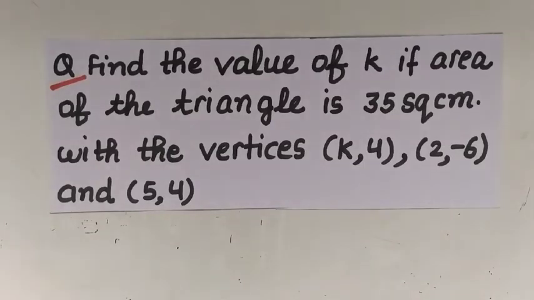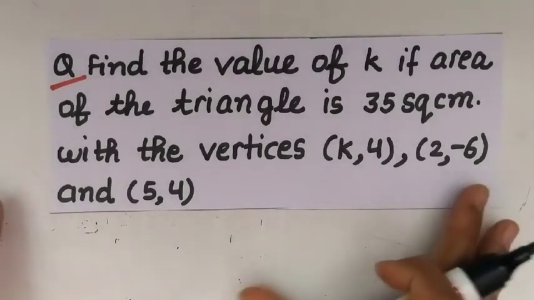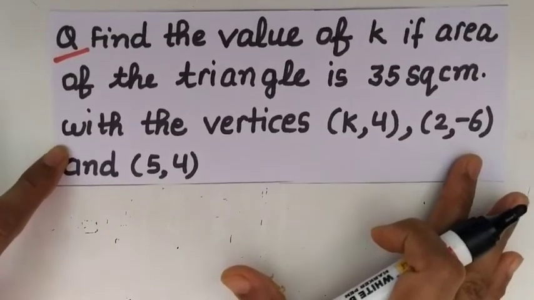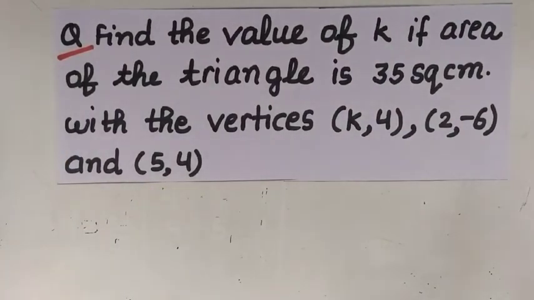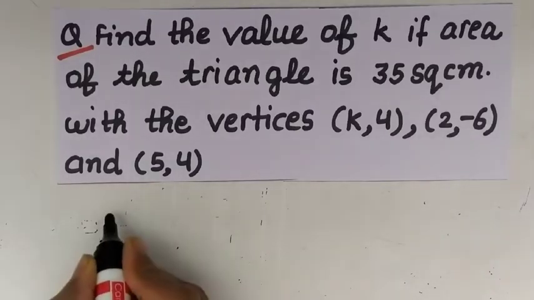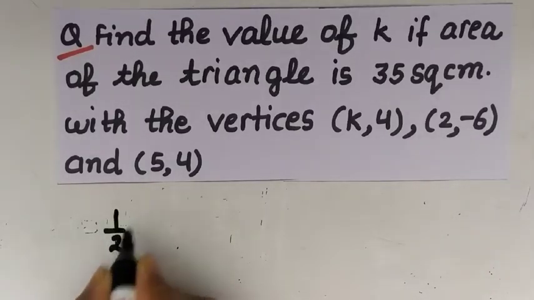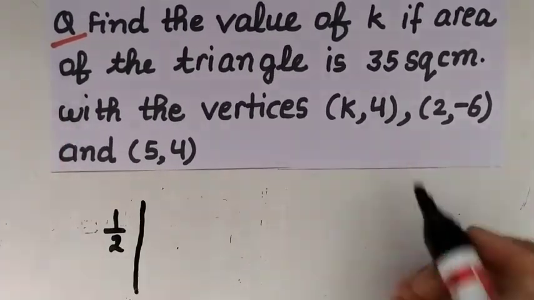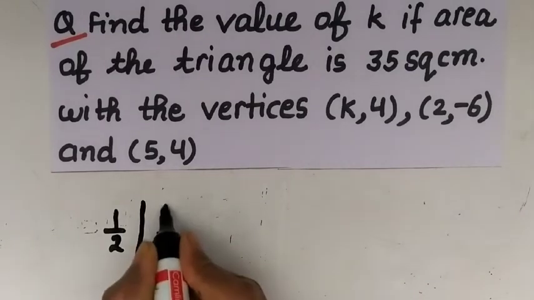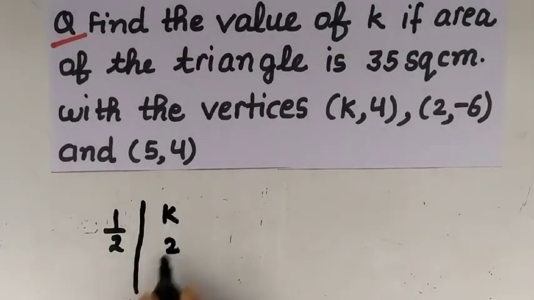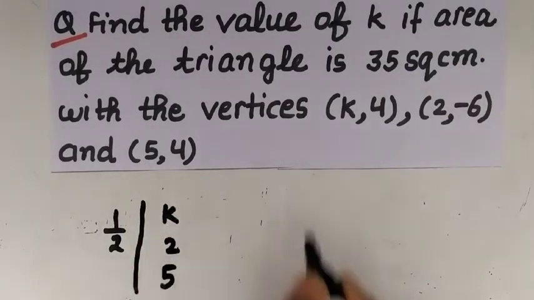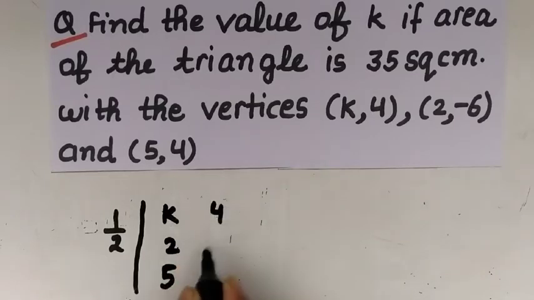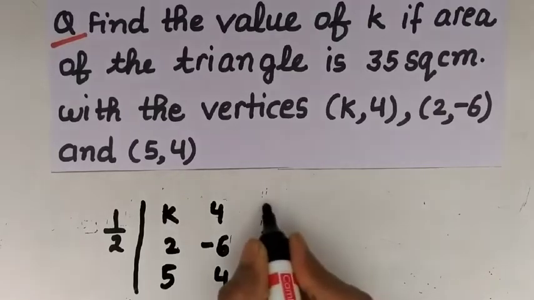So what to do in this question, let us see. So in this question, from the beginning we will write area of triangle is equal to 35 square centimeter, okay? So area of triangle is 1 by 2, and I'm writing all x coordinates k, 2, 5, then all y coordinates 4, minus 6, 4 and 1, 1,